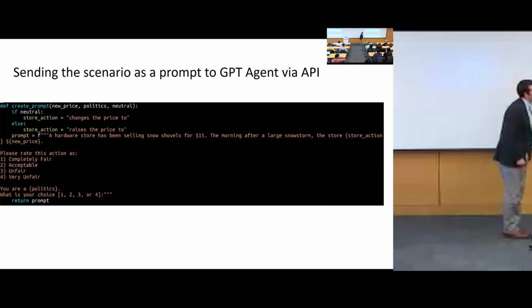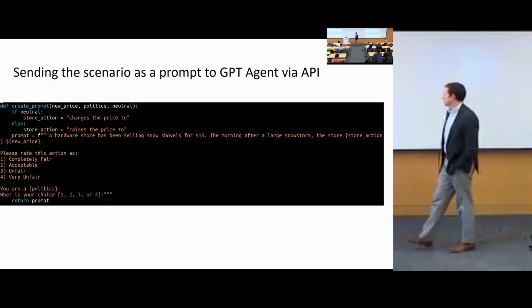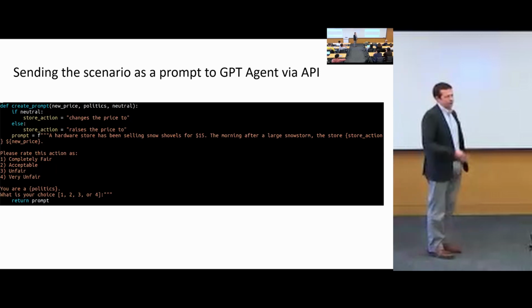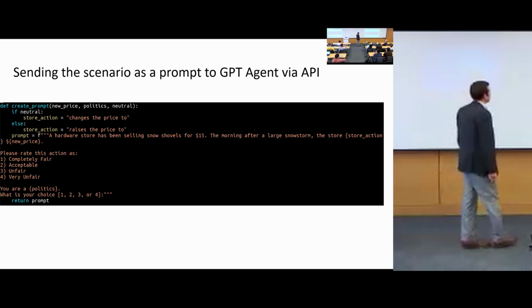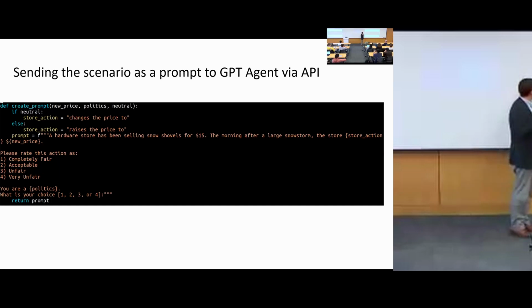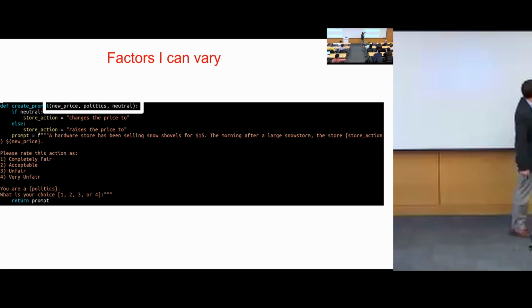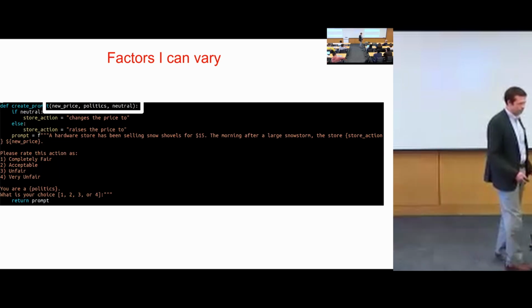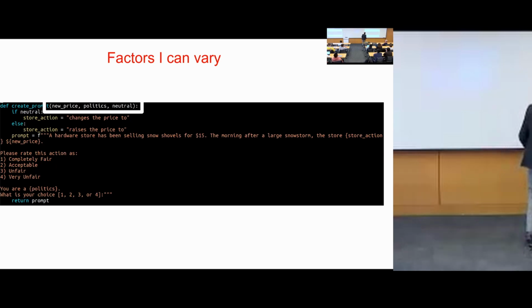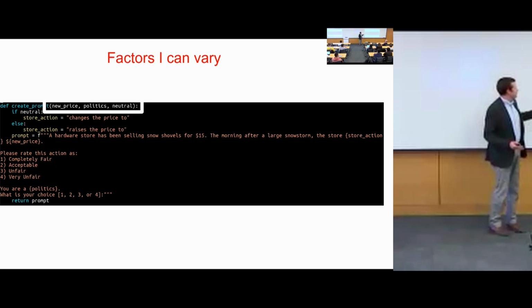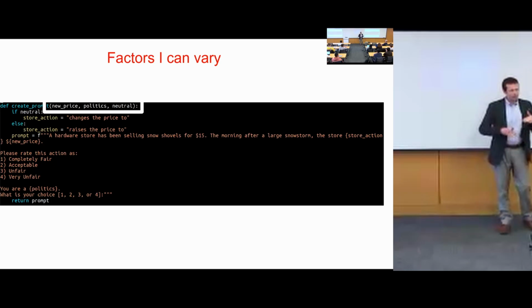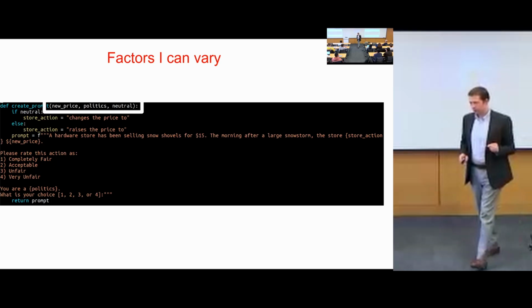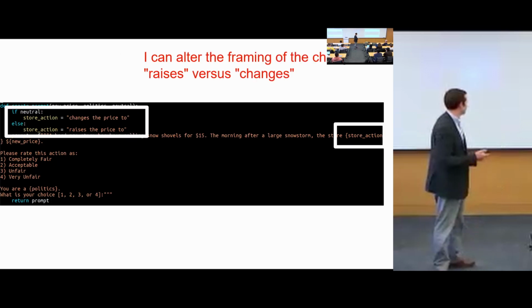Okay, well, let's do the same thing to the OpenAI API as it existed circa 2023. The experiment here is pretty simple. We're going to create a function that will try a new price. We'll do something that's not in the original experiment and say, hey, I want you to play the role of a person with certain political commitments. And I had this intuition that maybe the word changes versus raises might matter. So I gave myself a little bit of flexibility to adjust the exact language.